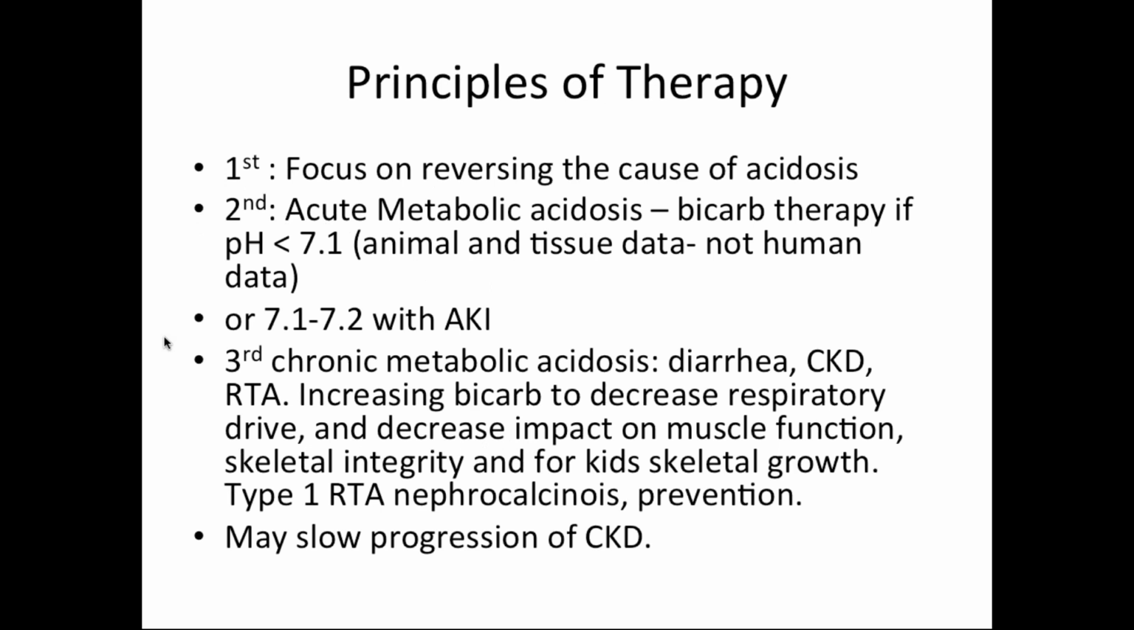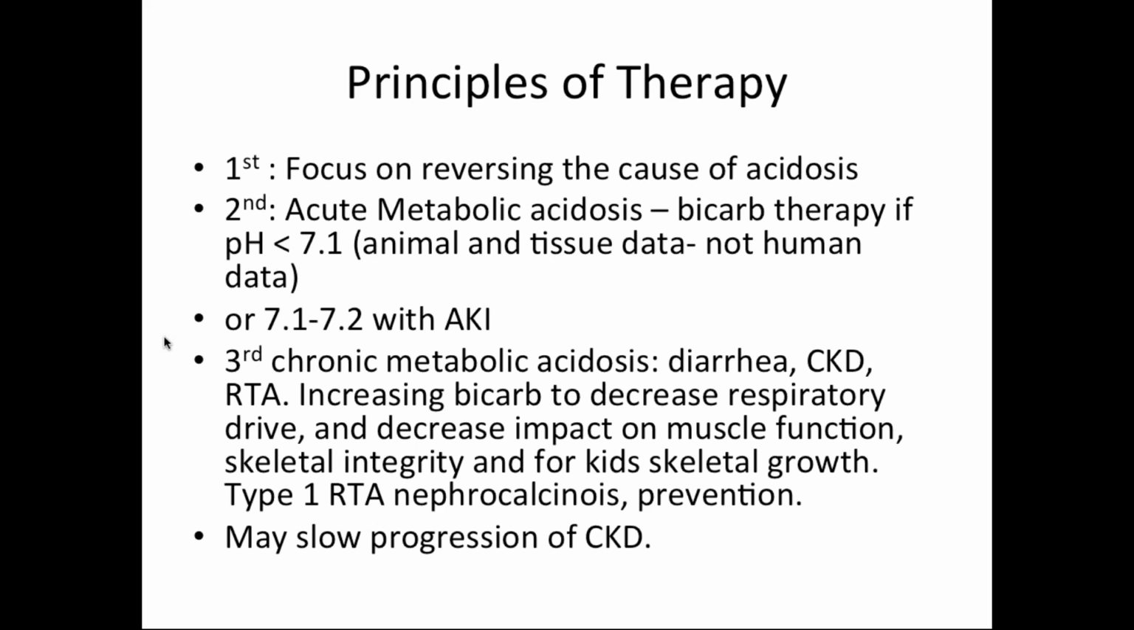So now I'll just summarize the principles of therapy. The first focus has to be on reversing the cause of acidosis. In patients with acute metabolic acidosis, bicarb may be given for those with a pH of less than 7.1. This is based on animal and tissue data, and there isn't good human data for that. Patients who have a pH of 7.1 to 7.2 with acute kidney injury, based on the BICAR-ICU study, there is good evidence to state that we should consider giving them bicarb